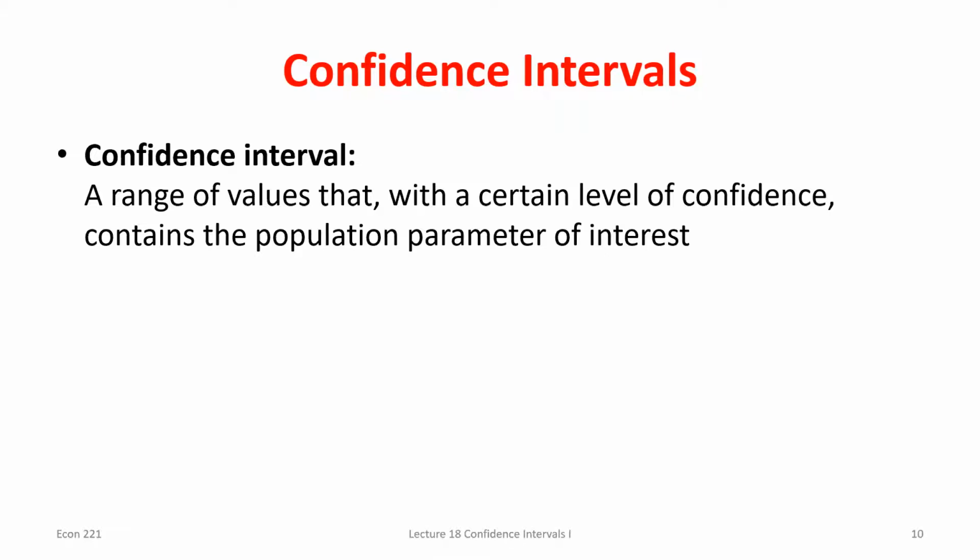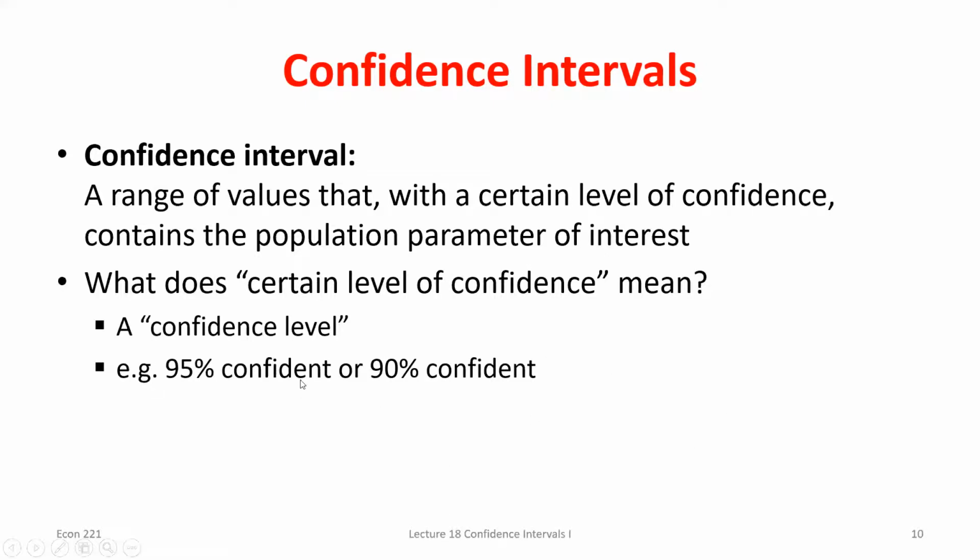I'll tell you, well, based off what I saw from my sample, $45,000 is the sample mean I see. Maybe I'll tell you, well, with 90% confidence, I feel okay telling you that the true mean is anywhere between $40,000 and $50,000, right? That way, even if my sample mean was a little bit off, the population mean is probably somewhere within $5,000 of it, right? But how do I choose what the lower and upper bound of my range are, right? I also want to mention, I'm saying I want to be able to say this with 90% confidence, 95%, 99%. I could say it with 80% confidence, right? How do I choose what level I want?